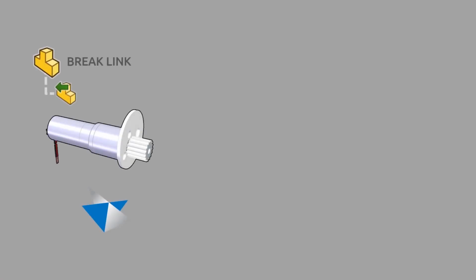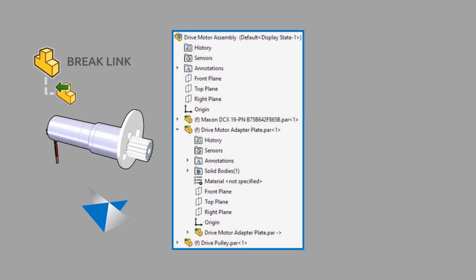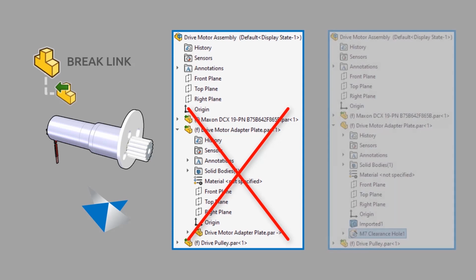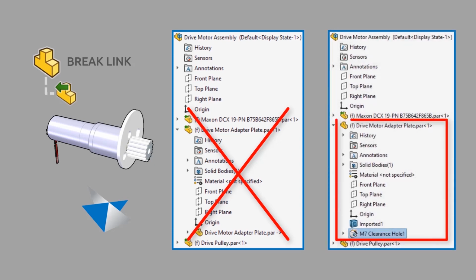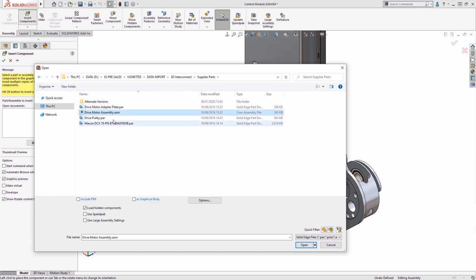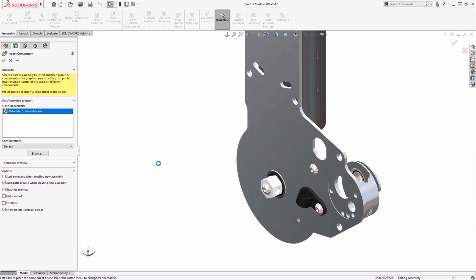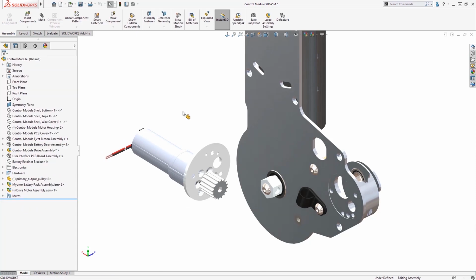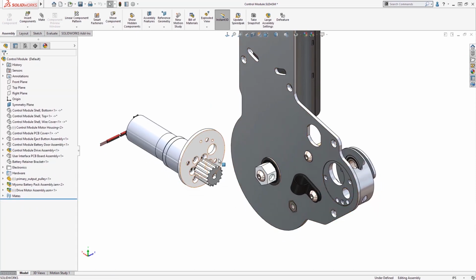For our last scenario, we're going to take a look at how to break the link to the original CAD data and work with the files in a mixed environment. This may be to add your own features to an assembly component, or to do more elaborate work, like perform FeatureWorks recognition on a specific component. In this case, we're going to import another assembly, this time from Siemens Solid Edge. The file in this scenario has come from an online vendor, and we don't have the luxury of making changes to the native data in its original design tool.